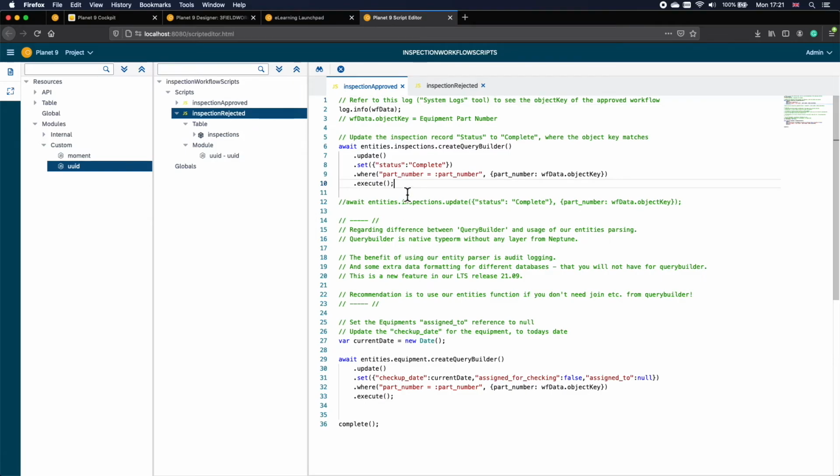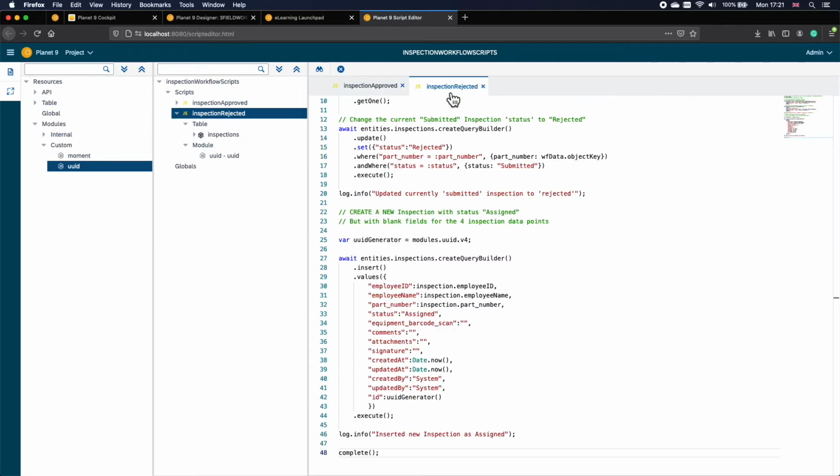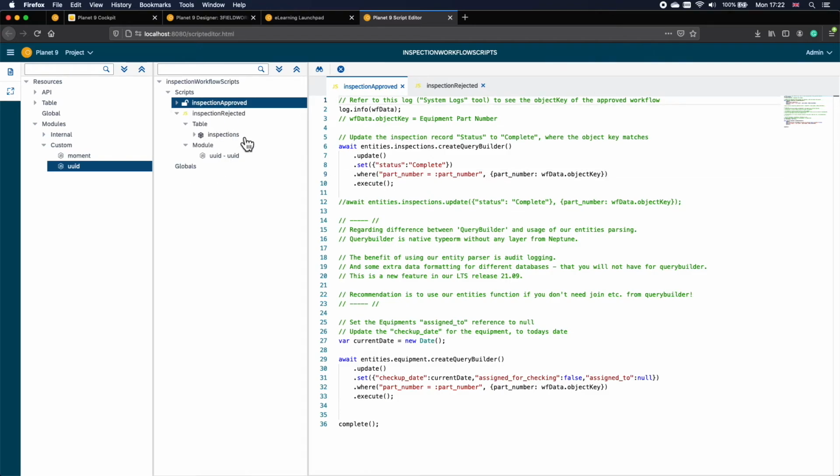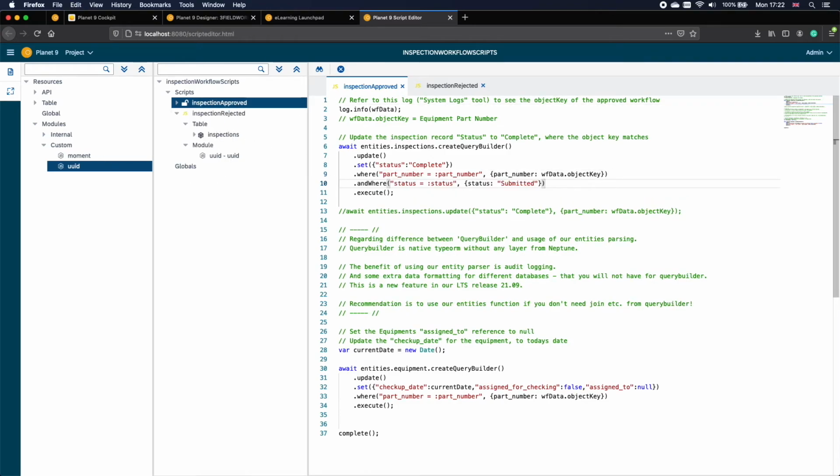It's as simple as here within our inspections table, where we're setting the status to complete, we're setting it for the part number. However, we're not saying only set it for the part number and where the status is submitted. So let's just take that line, our and where, we can copy it, jump back into edit mode here, paste that in,